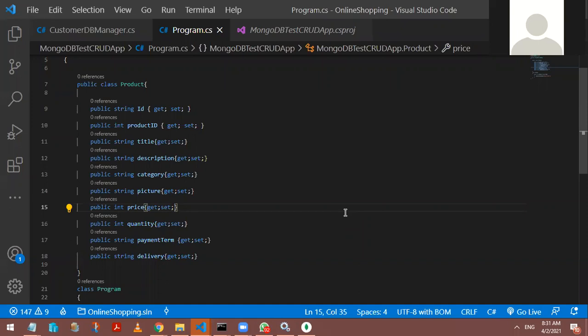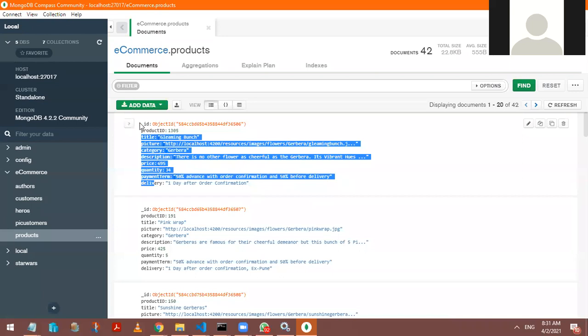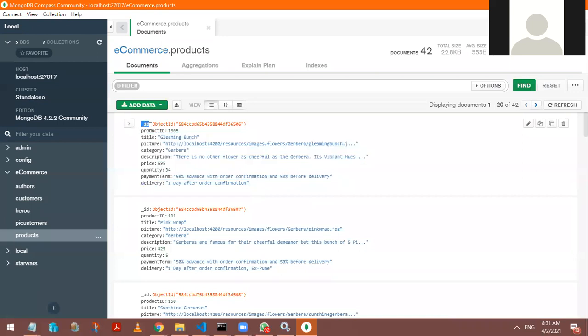We would like to tell that your ID is actually a special kind of property which matches the identifier, correct? So in your JSON object which has been shown here, can you get the ID? Yes, it is the ID. So this ID is of what type? ObjectID, and this is a unique ID that has been auto-generated within your MongoDB collection.